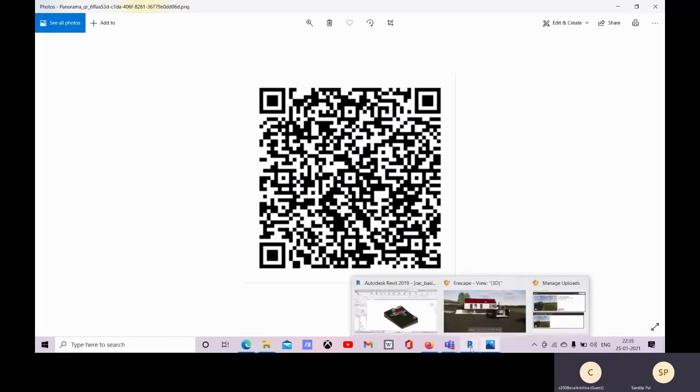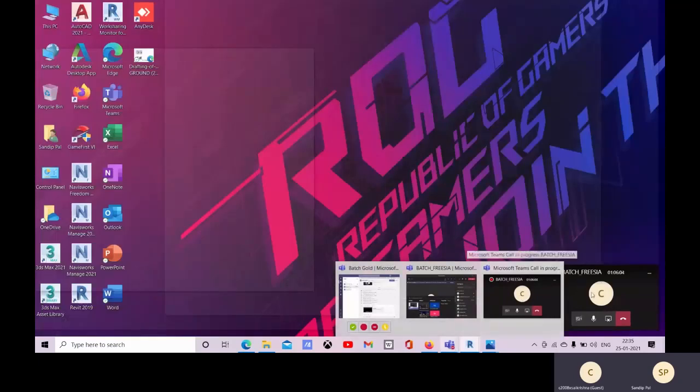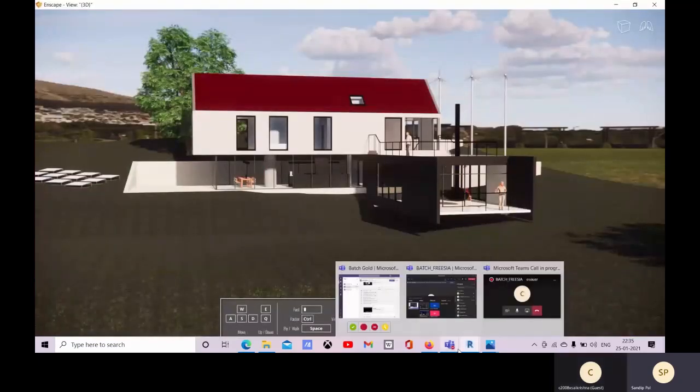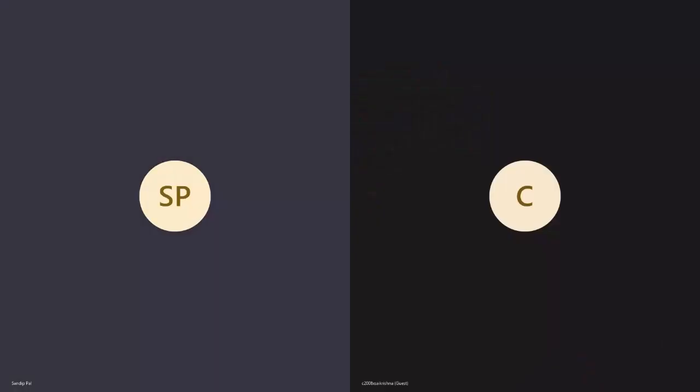Okay, sir. Okay, so this is all about how you access your Revit project in Inkscape, and you get realistic images, realistic rendered videos, and panoramas in real time. You can see that within a few hours we got all this. So that's the best thing. Okay, then thank you guys.